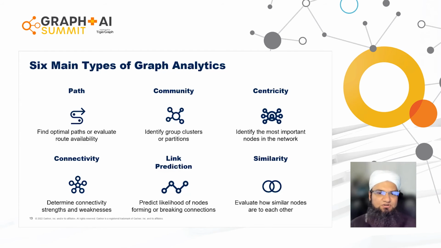Then finally, similarity is an analysis which compares how similar two nodes or parts of the graph are to each other. And this could be used where we might want to find materials that have similar properties that could be used as a substitute, or even in recommendation engines where you want to find similar people to recommend the same products to. So there are obviously combinations of all of these approaches you can use and also many others, but this gives a feel for what is possible.